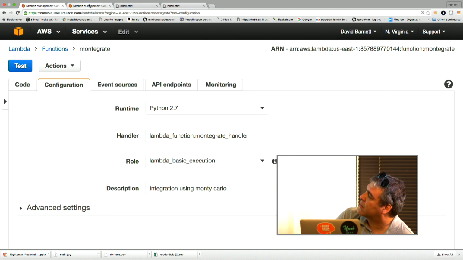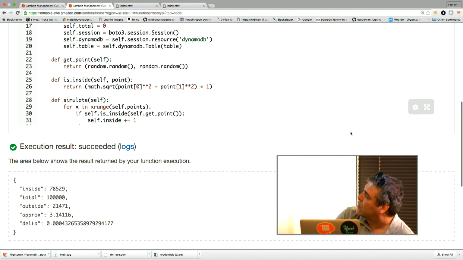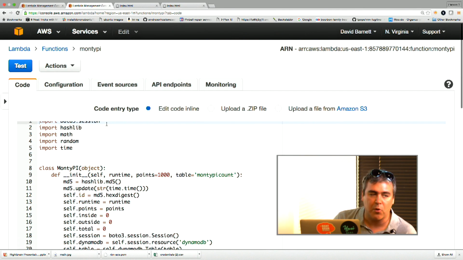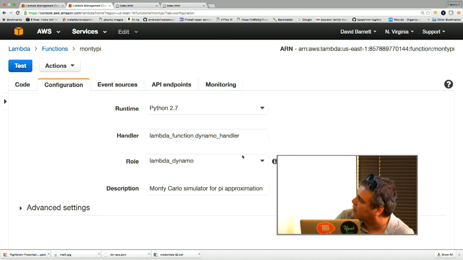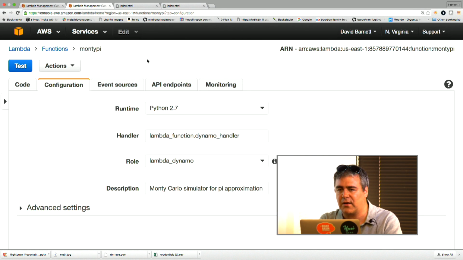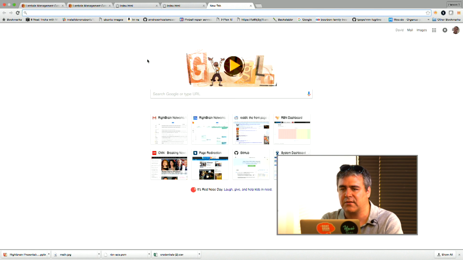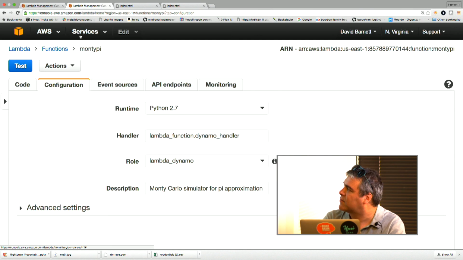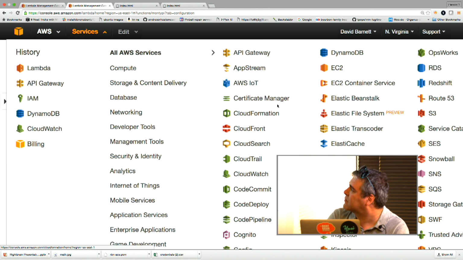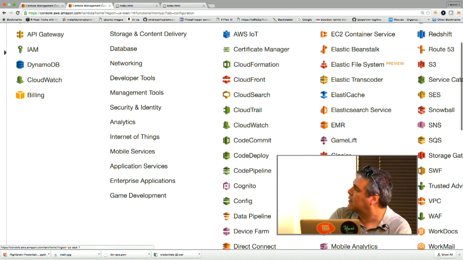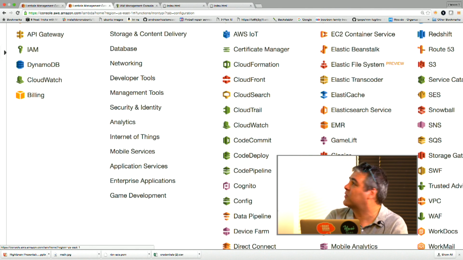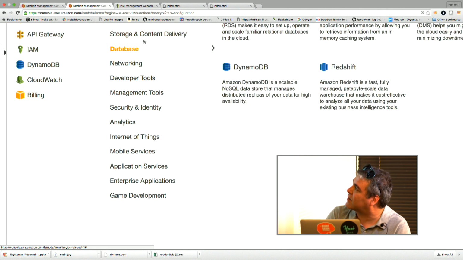But the way I connect to Dynamo, what I had to do was create a role with Dynamo put data access. Let's see if I can see that from here. There's not going to be anything secret if I look in the IAM. I can only expose the public. I can't even get to the private anymore.